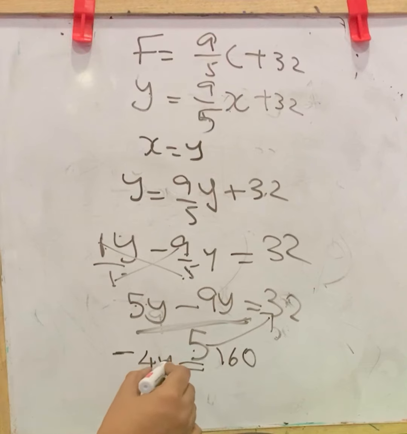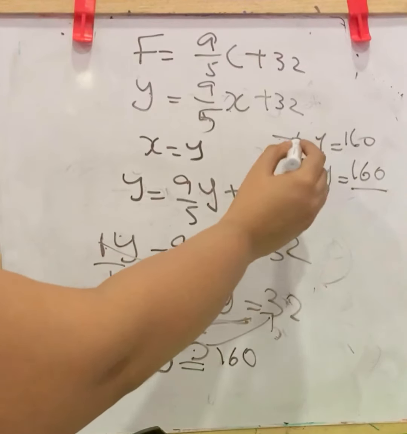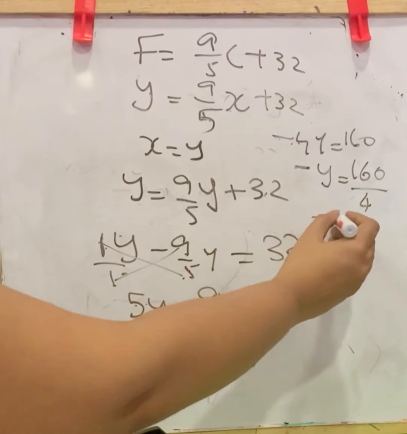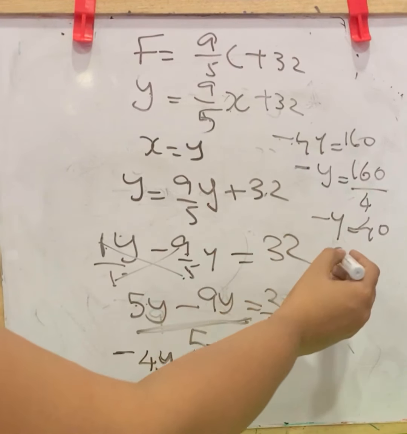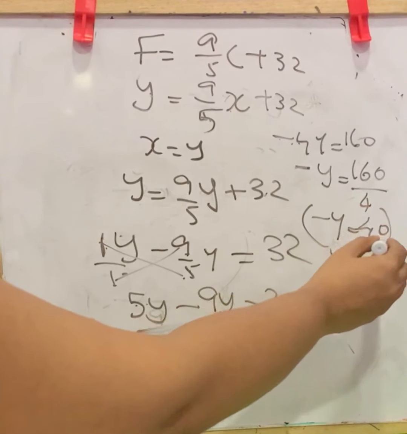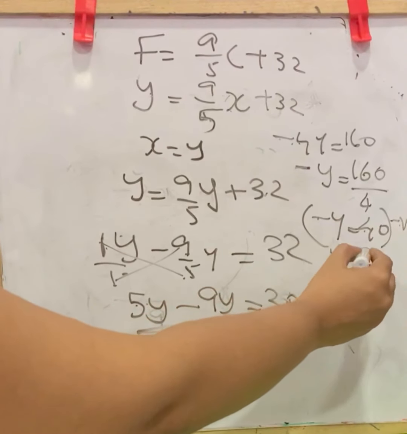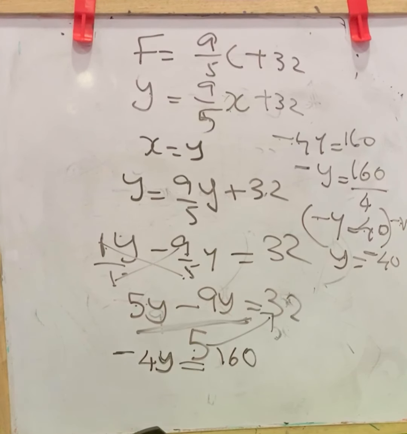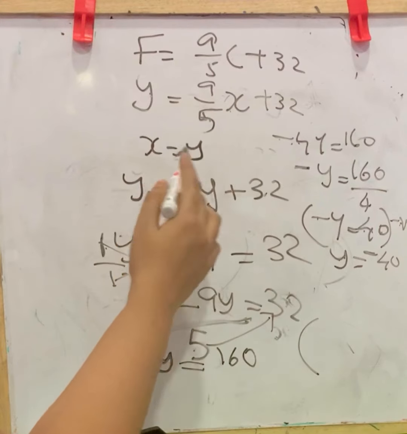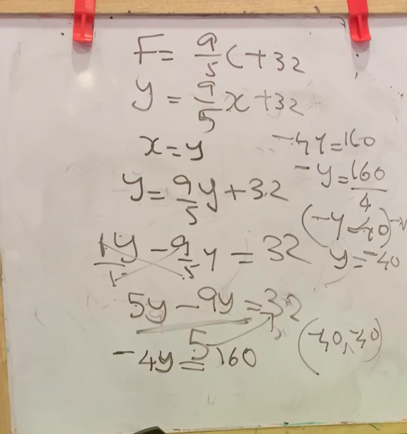160. Now we need the value of y. Keep negative y here, 160 division 4 going to RHS by 4, that is negative y equal to 40. We need the value of y, not negative y. So to make it positive we can multiply with a negative, that is negative into negative, positive y. But negative into 40, negative 40. Remember, you want to multiply the RHS also with negative. So y equal to negative 40. Here x is equal to y, that is negative 40 comma negative 40. Both are equal. 40 degree Fahrenheit. Both will be equal if it is negative 40.